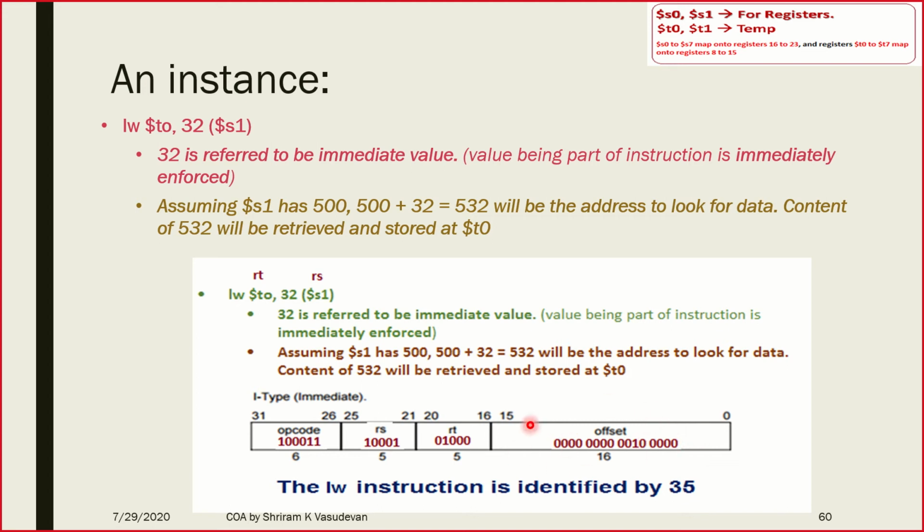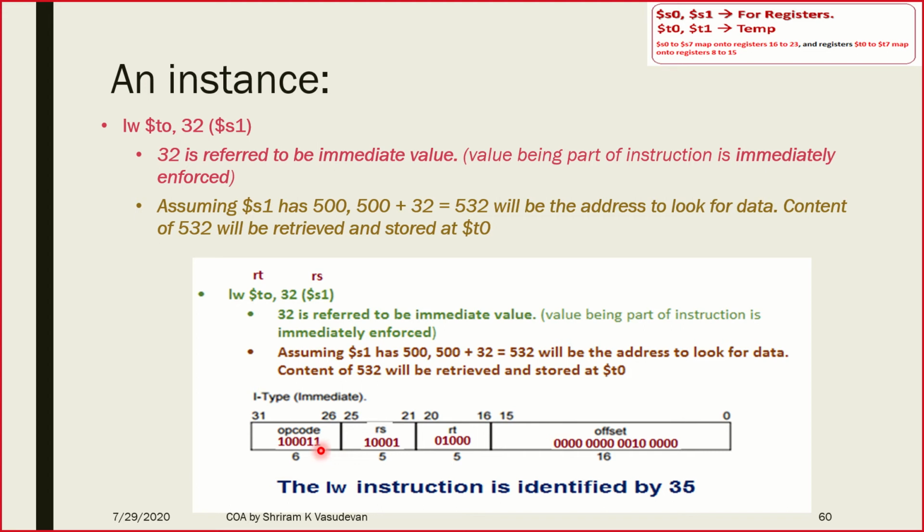Now this is clear. The offset is nothing but the value that you get in the question itself, and that's exactly the same thing that you need to fill in up here. That's it. Now, what is opcode, sir? Opcode is nothing but the operation which is being specified to the microcontroller to be done.